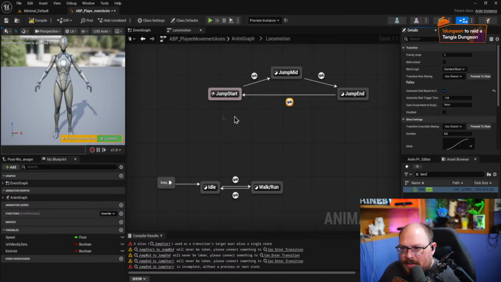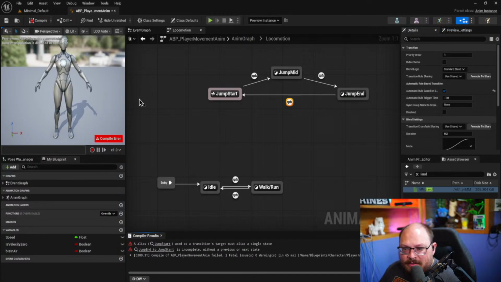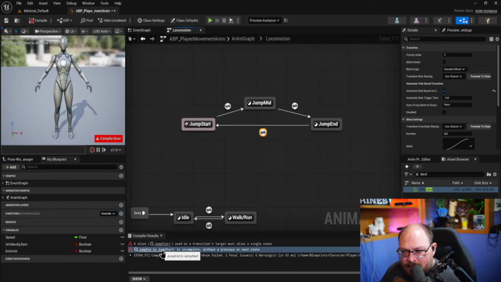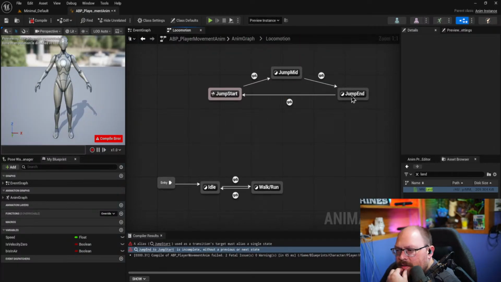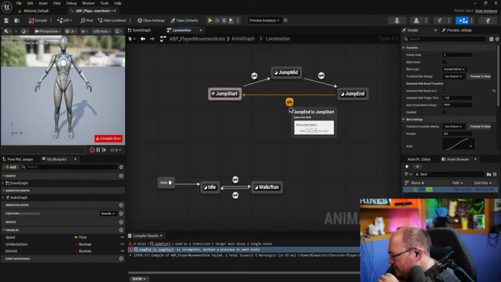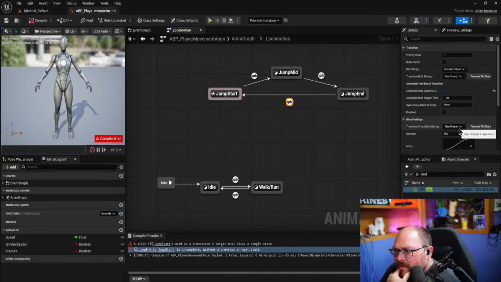I'm pretty sure that's how it was set up, if I remember. It's been a minute. So where's the error? The whole thing was that when you click on this and then you select this, it's supposed to